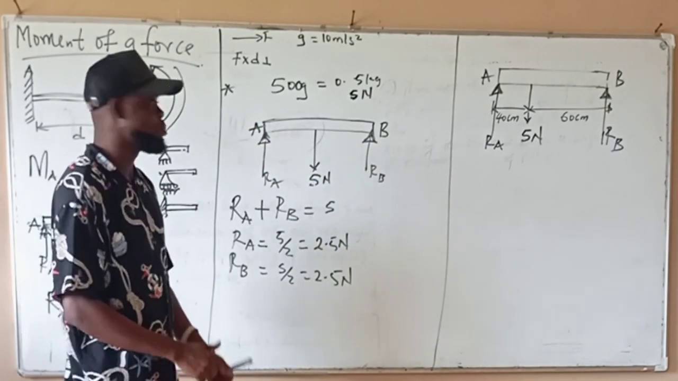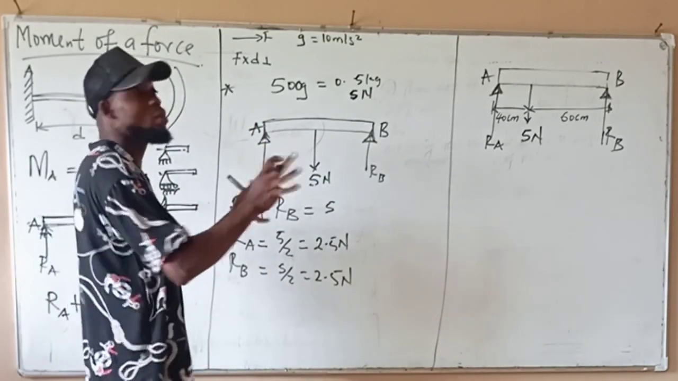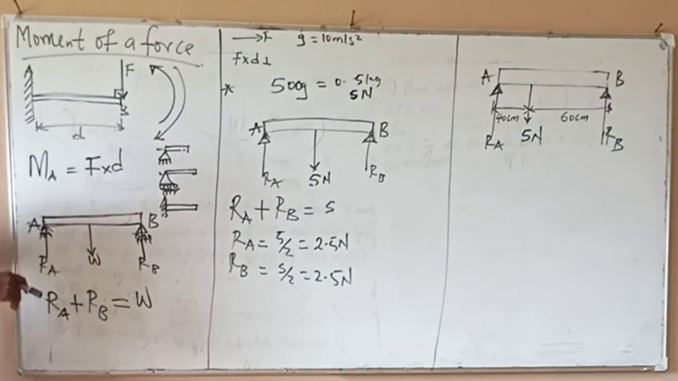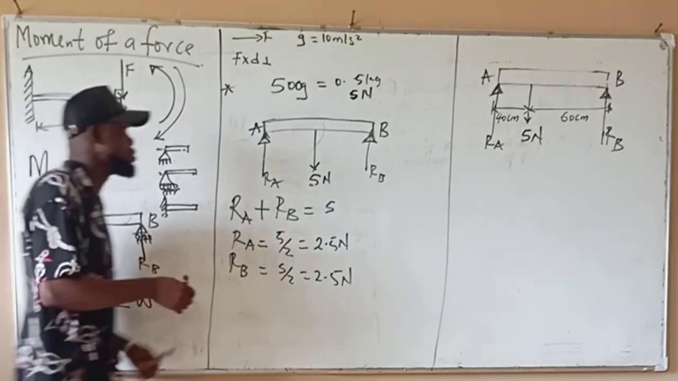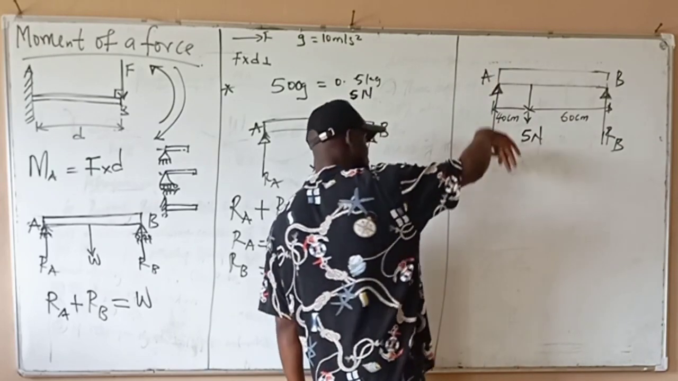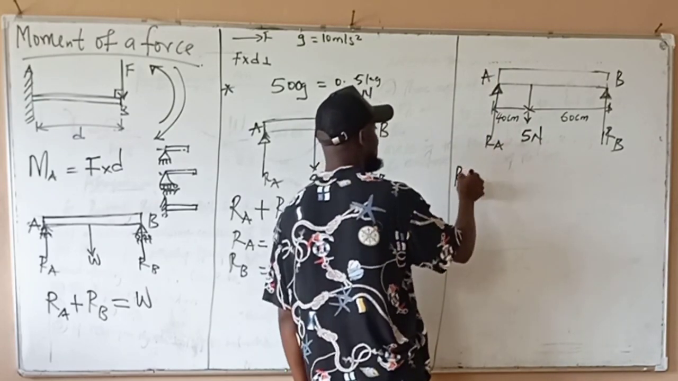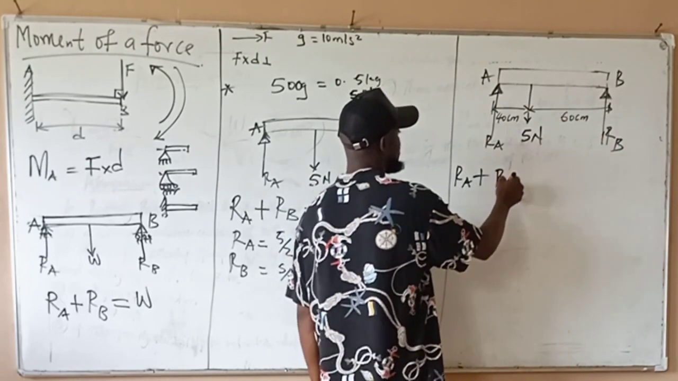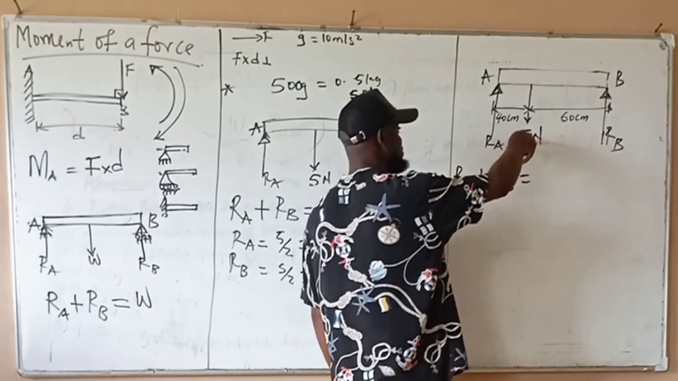So the only thing I'm going to do here is that the rules of moment are still valid. Still valid. So what's the next thing to do here? The first thing: all upward forces will equal downward forces. That is, arrow A is going up, arrow B is also going up. But because of the downward force, which is 5 newtons,